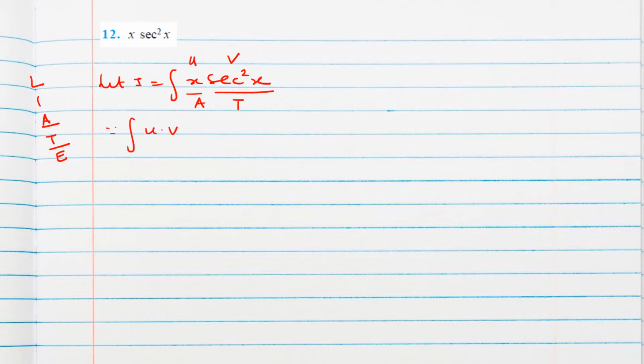Question number 12. Okay, this is direct because let the integral be I first, then this is algebraic, and this is trigonometric. Okay, then Lie rule you can recall, algebraic and trigonometric. So this is your first function, this is your second function. So we can write the formula, since u integration v, we know u integration v minus integral du by dx, integral v dx, then dx will come.